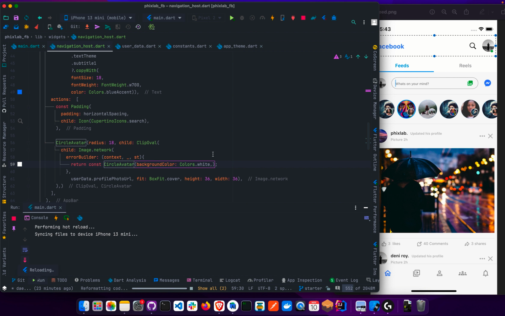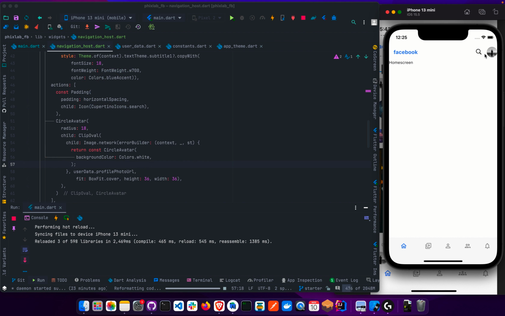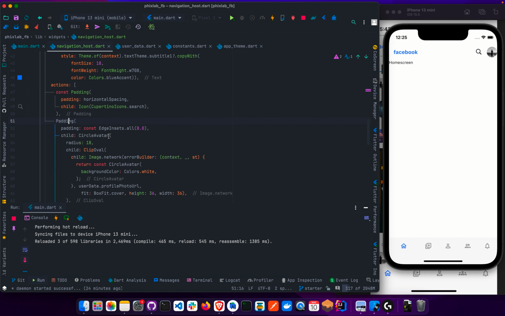All right, so let's go ahead and save and see what we have on the screen. All right, guys, you can see we have something coming up a little bit. Yeah, there's something still remaining. We need to also wrap this very avatar with padding, and be able to give it a little bit of space from the right side, just like we did from here. So let's quickly click on that and wrap it with padding, and then on the edges set all, we are going to return